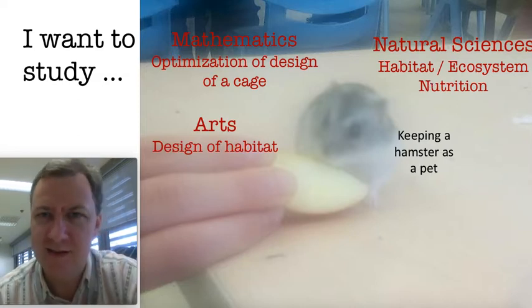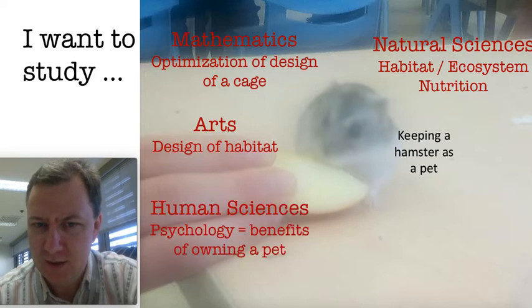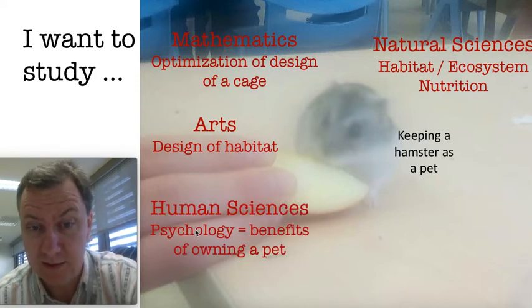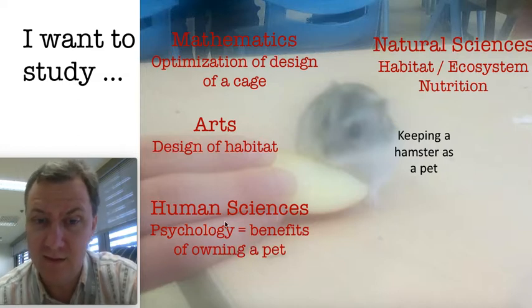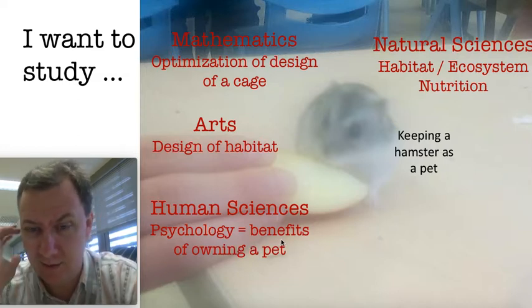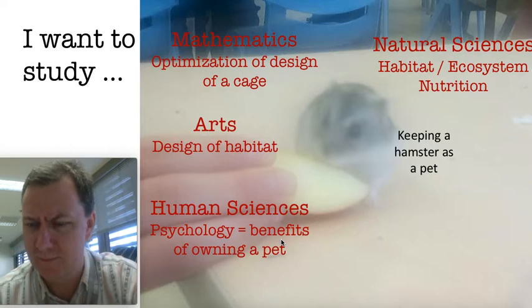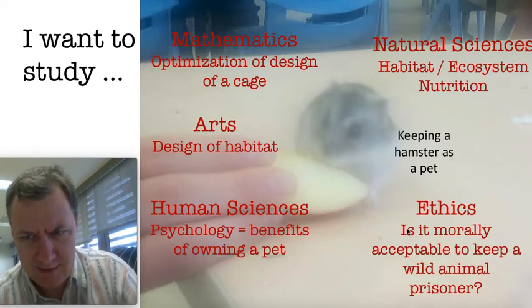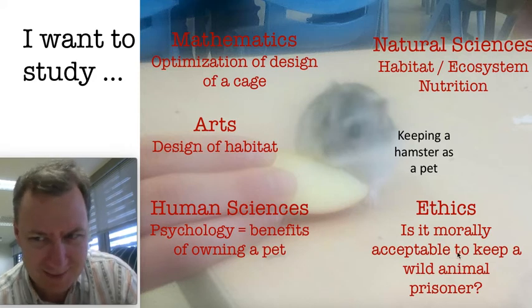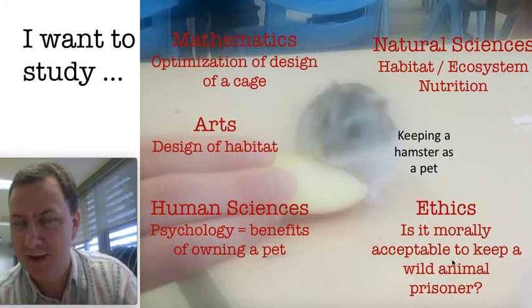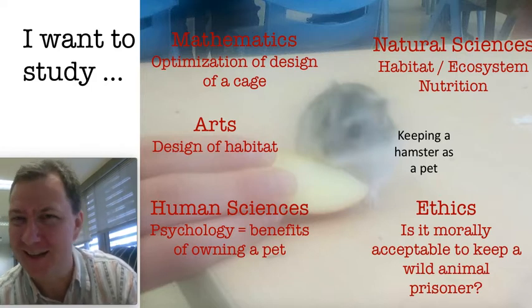The arts, we could design a creative habitat. Human sciences, we could talk about psychology. From a psychology point of view, you could discuss or research the benefits of owning a pet. From an ethical point of view, you could research, is it morally acceptable to keep a wild animal prisoner? I don't really like the hamster. Okay,